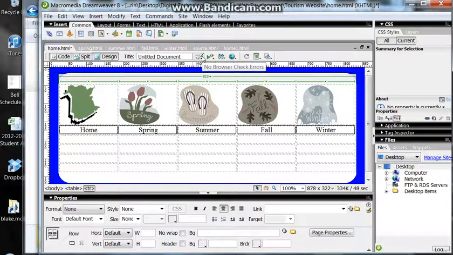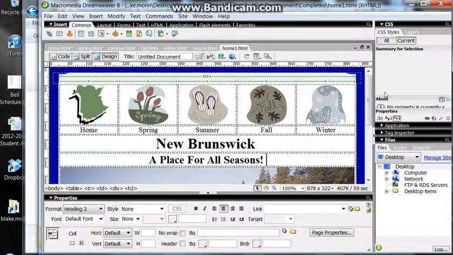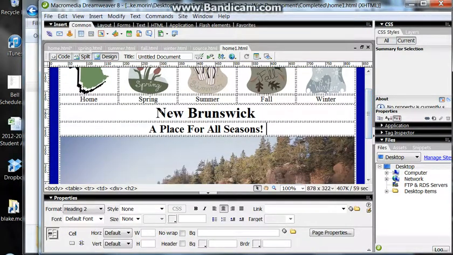If we check out the next feature that we have on our web page, what comes on the next line, or if you want to see what it looks like for the one that I've already completed in Dreamweaver, we've got New Brunswick, and we've got a place for all seasons. And if we'll notice, the text is considerably larger than the plain text that we used up here. We're actually using heading 1 and heading 2. So we can go in